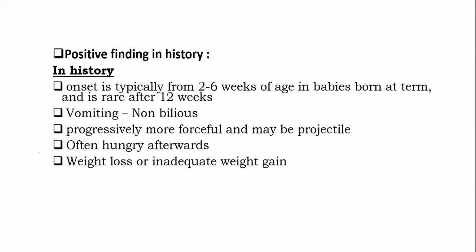History, physical exam, and diagnosis management. Positive findings in pyloric stenosis. The typical onset is between 2 to 6 weeks of age at term, rarely after 12 weeks, but it can happen. Vomiting will be non-bilious, so breast milk usually will come out, and progressively the vomiting becomes more forceful and